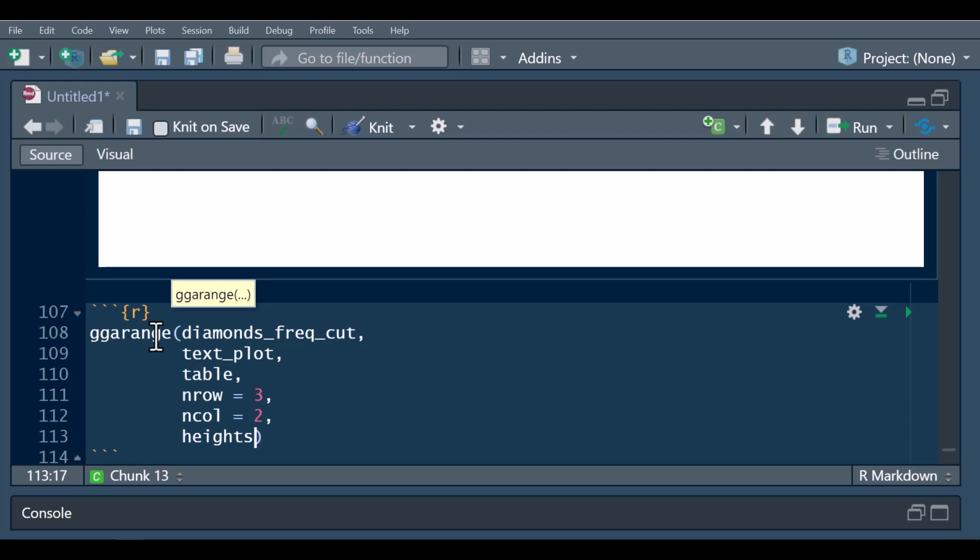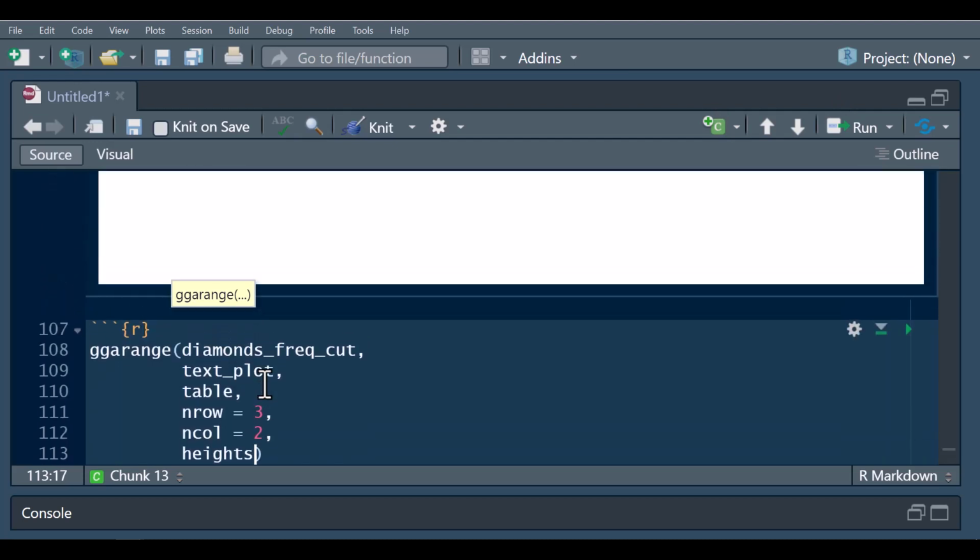okay, let's just leave it like that. We can leave it like that. nrow is equals to 3. Okay, let me just make it nrow is equals to 2, sorry, then ncol is equals to 2, then height. So this is the height of the plots. I'm going to be saying 1, 0.5. So this is the height of the various plots, 0.3. So when I load this now,